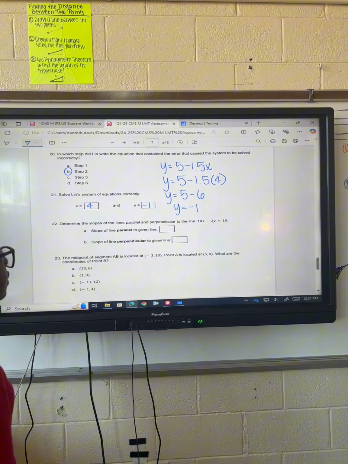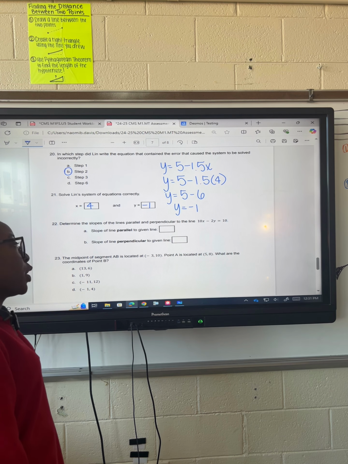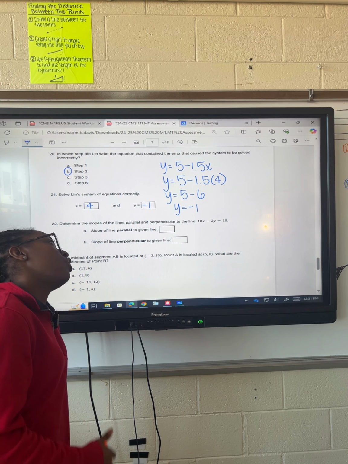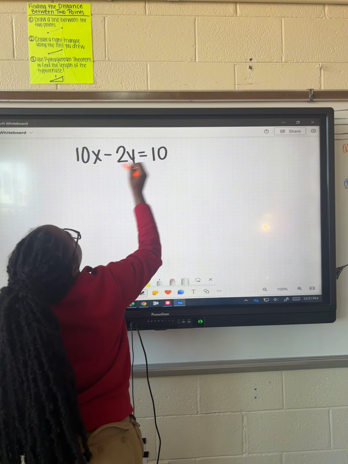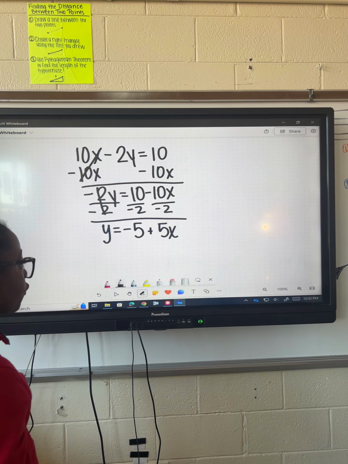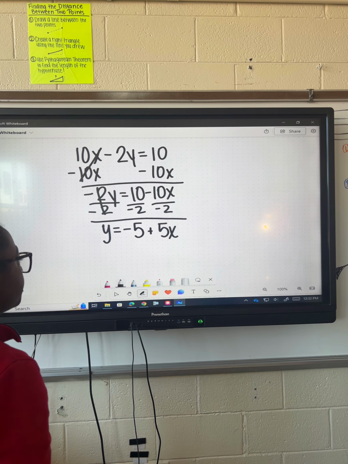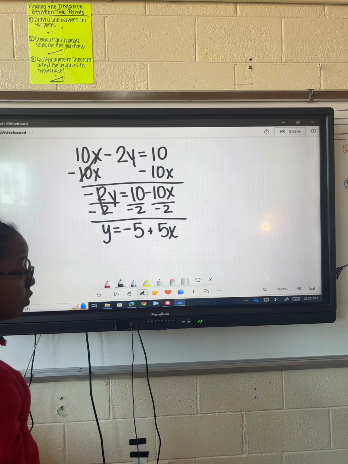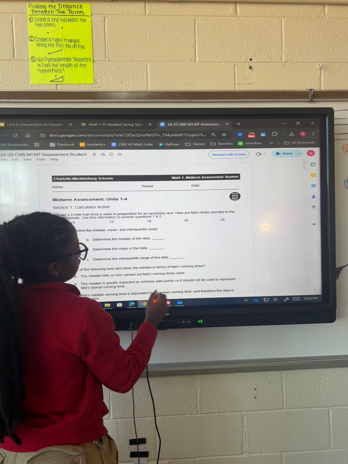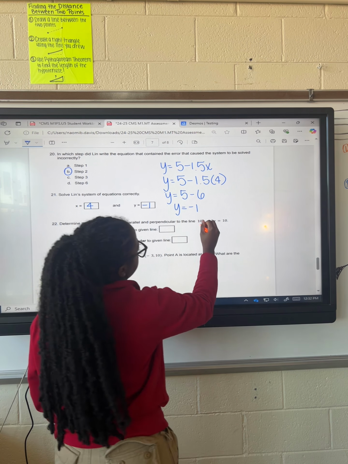Determine the slopes of the lines parallel and perpendicular. In order to do this, you have to solve for y. So once you solve for y, you get -5 plus 5x. What's the slope? 5, okay? So let's make a note of that right here. Slope